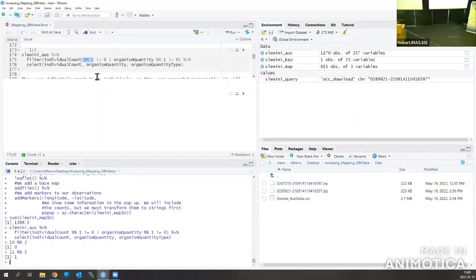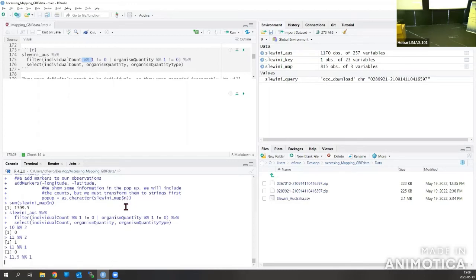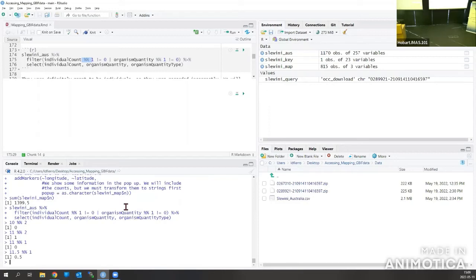So in here, when I divide by 1, if I go 11 by 1, it should be 0, but if I go 11.5, the leftover is 0.5. So that's why I'm using this modulo thing. Anything that is divided by 1 and has some leftover that is not 0 shouldn't be included in here. So that's what I'm doing here. I'm looking at individual counts and organism quantity, removing anything that has a decimal value, and then I'm going to select